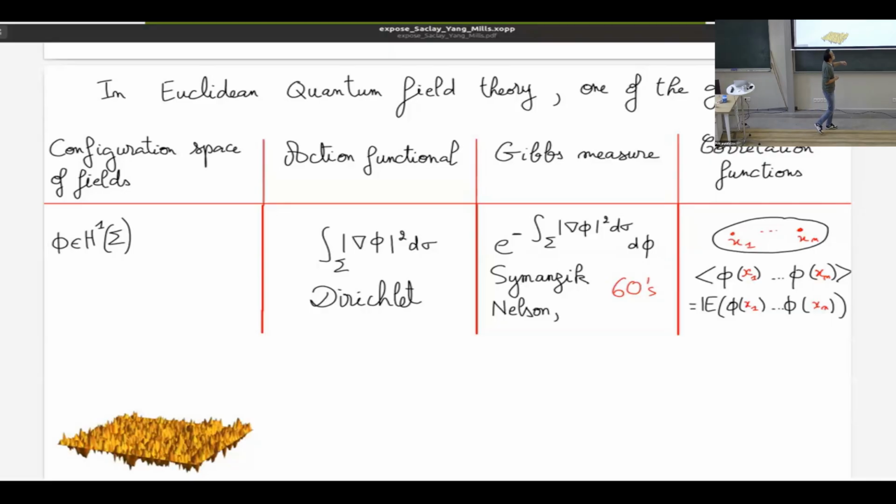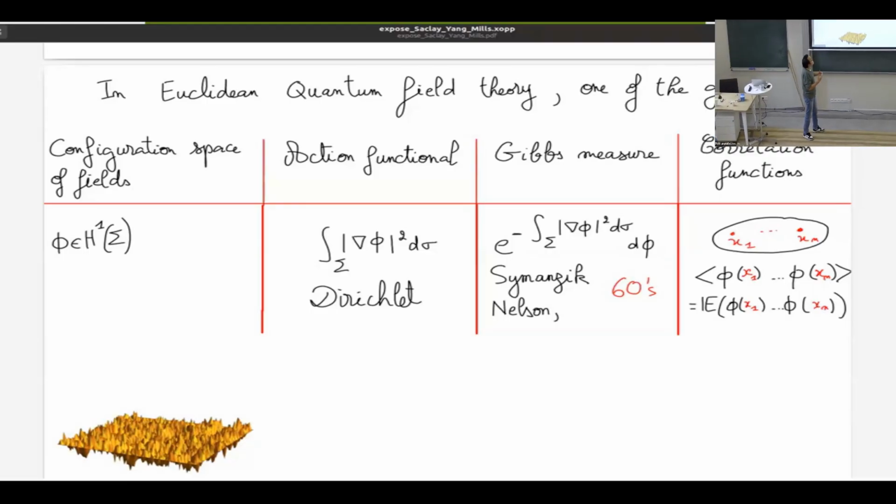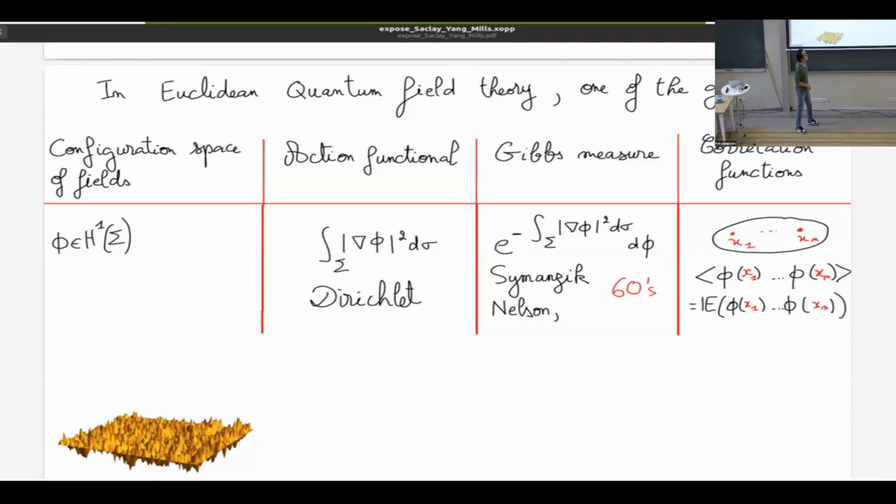And if I can make sense of this Gibbs measure, then one could say that I constructed the quantum field theory whose fields are these functions over the surface. So in the case of the Dirichlet action functional, this measure is well known. It's the Gaussian free field, or free boson in the physics